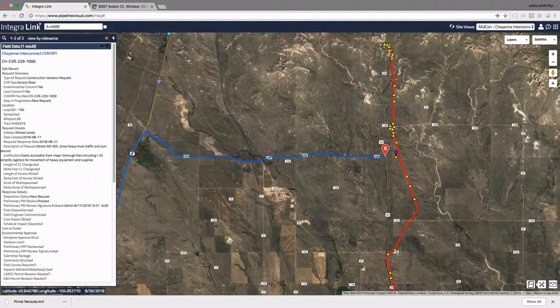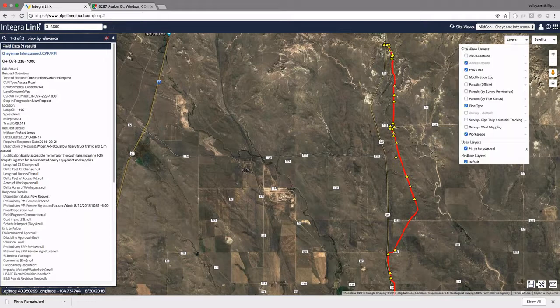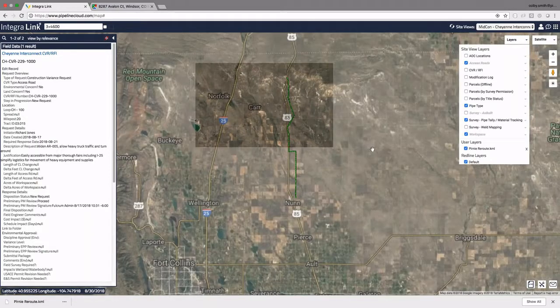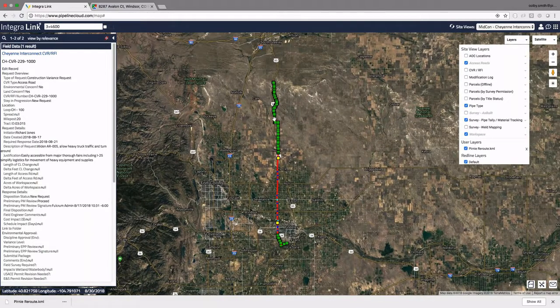Okay, so let's just keep moving through construction here and reconfigure our map one more time. I'm going to turn off CVR, and I'm first going to just turn on pipe tally and material tracking. And then if I zoom back out to the extent, we can start to see these green squares that show